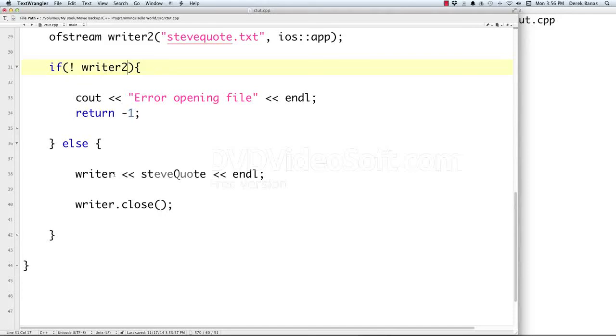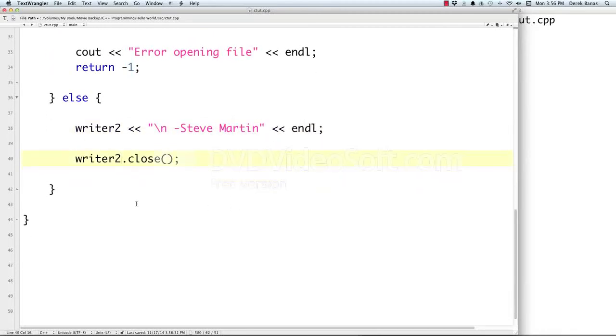And then to append in this situation, we're going to go writer. And then let's say that we want to put on a new line, \n, and then a dash, and then type in Steve Martin. We then could come in and say writer close, and there that is. All right, so we wrote and we appended and we created the file and did all that. Now I'm going to create a character that's going to hold each of the individual characters we're going to read from our file,